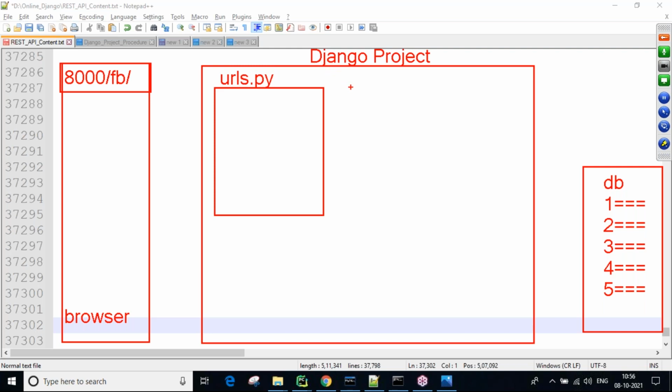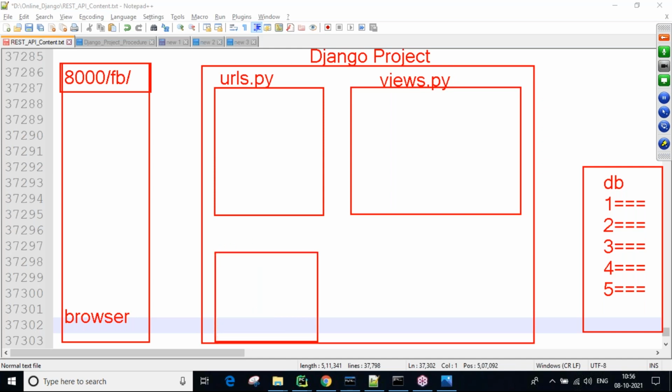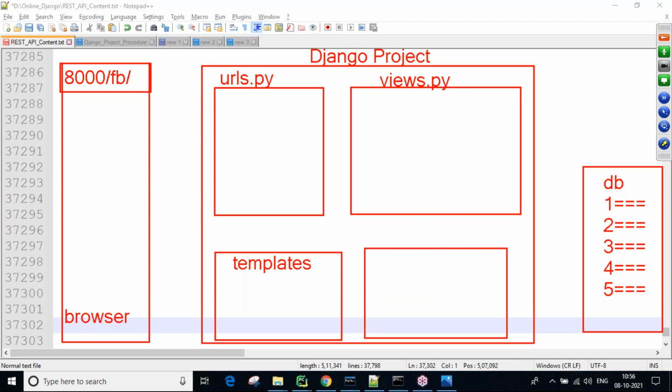Next, views.py. Next, the templates folder. And next, the model file, simply models.py.